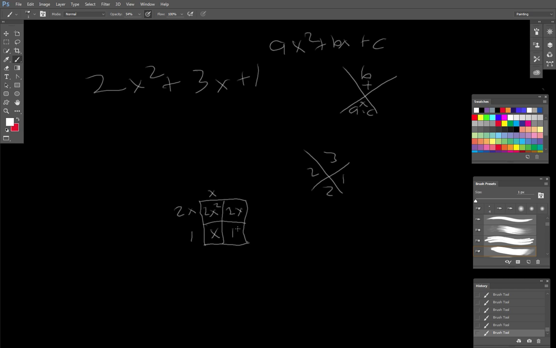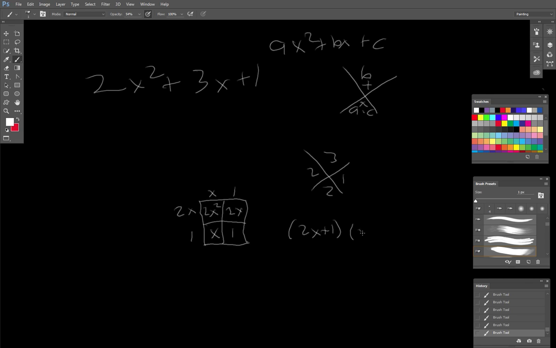Then over here, 2 and 1 don't work very well, and nor does the x, so we can only factor out a 1. And you can also double check this. 1 times 2x is 2x, 1 times 1 is 1, 1 times x is x, 2x times x equals 2x squared. So the factored form of this is 2x plus 1